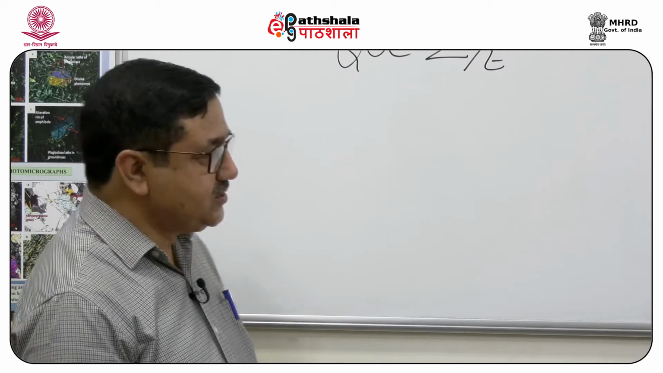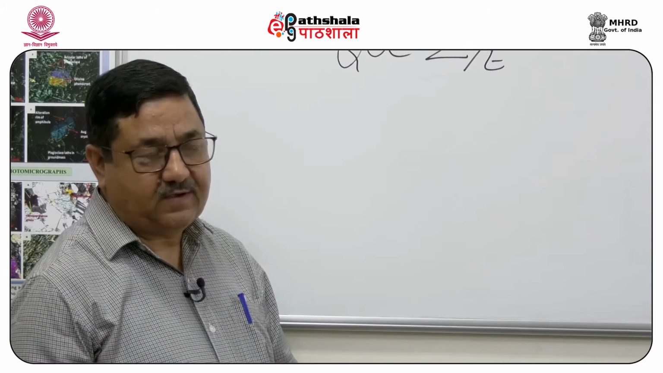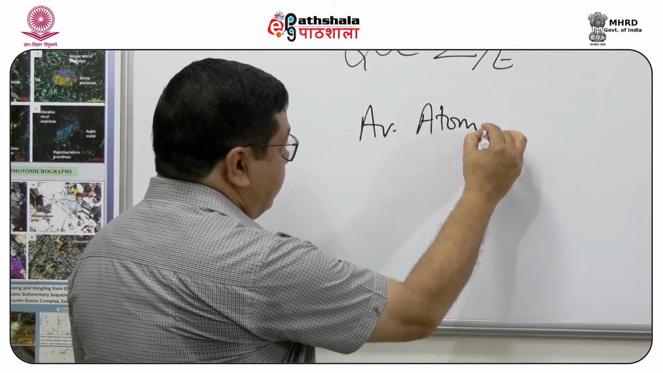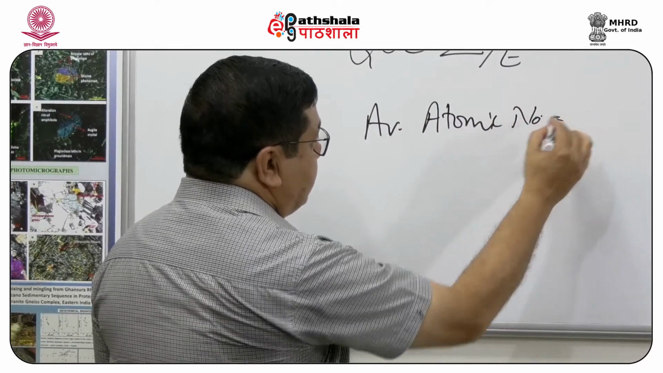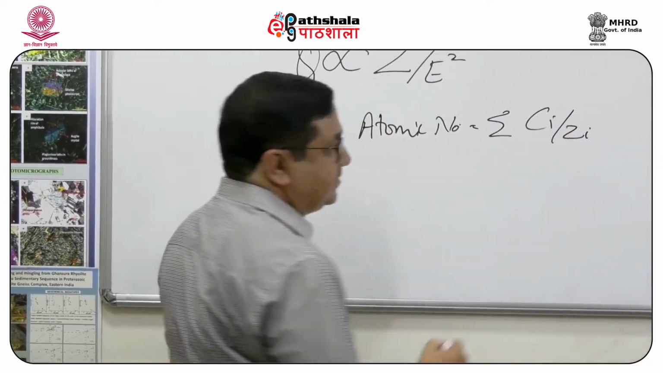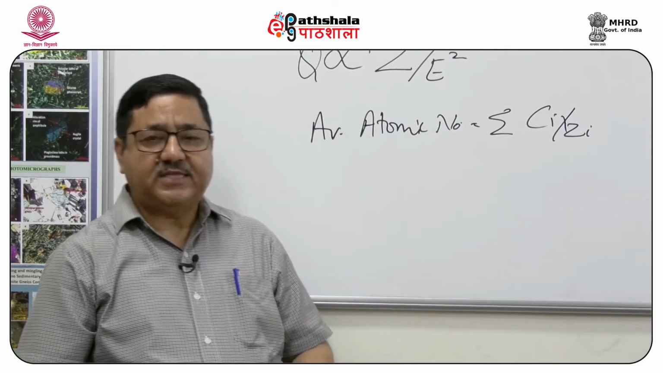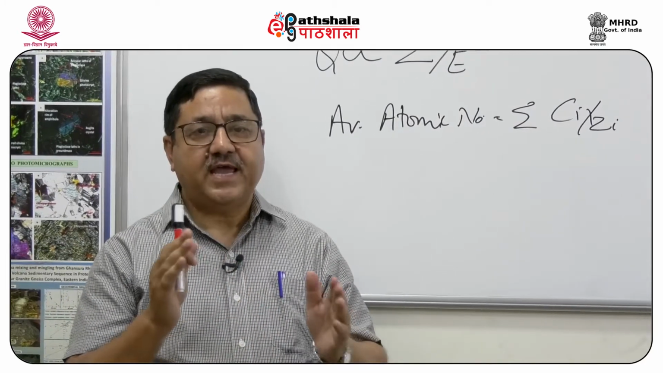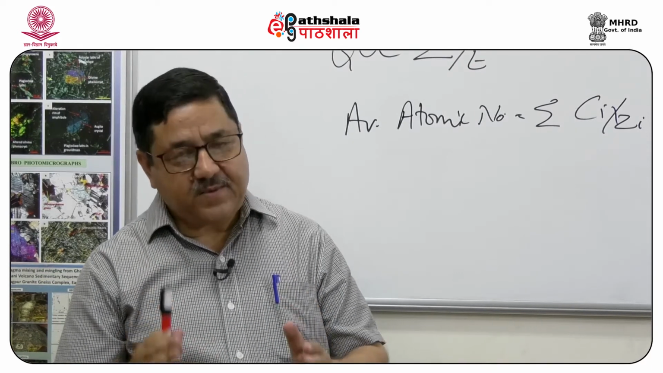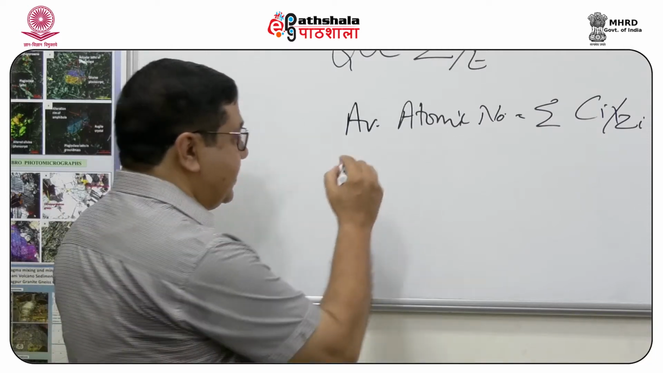In the case of compounds, we can have an average atomic number. For example, that can be expressed as average atomic number equal to sigma Ci multiplied by Zi, which means the concentration of an element i multiplied by the atomic number of that particular element. To illustrate this, let us look at this formula